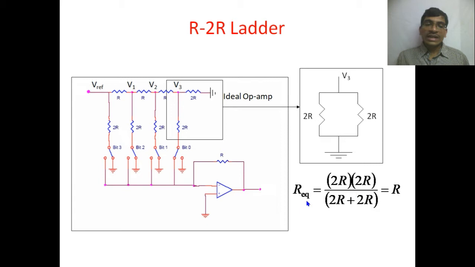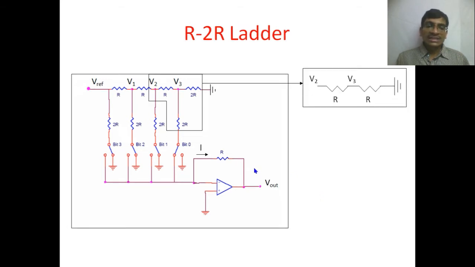Then the equivalent resistance is equal to R1 R2 divided by R1 plus R2. Here R1 and R2 are both the same, which is 2R into 2R divided by 2R plus 2R. The denominator becomes 4R and the numerator is 4R squared, so the 4 and 4 get cancelled, and R squared by R is equal to R. Here, instead of these two resistances, we can represent them with a single resistor R. So these two in combination are equal to R.